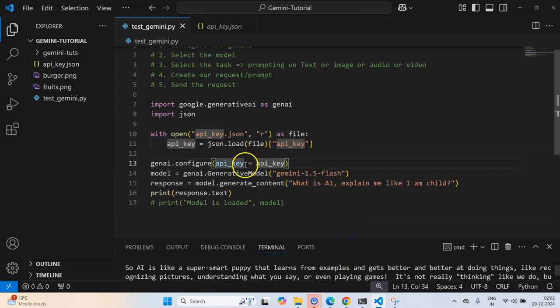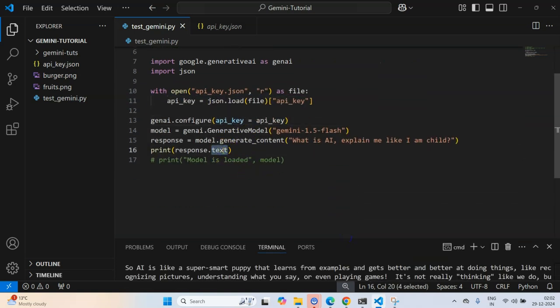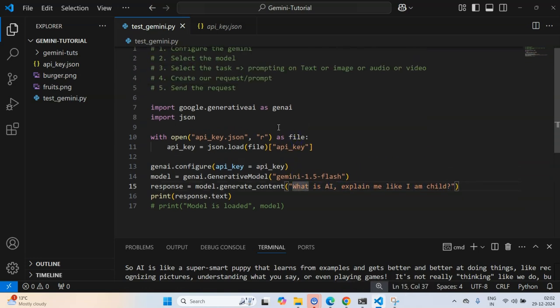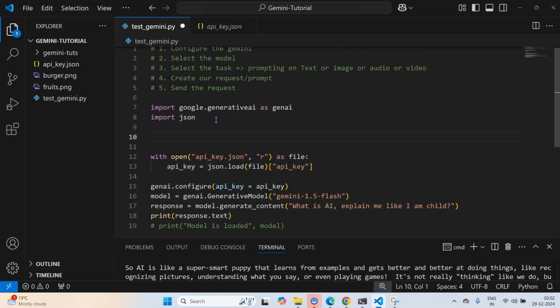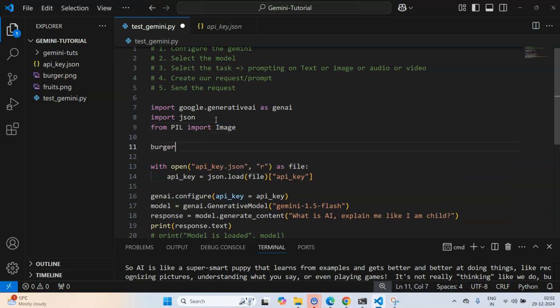Notice here, the response will always be a text response. It is just that within our request, instead of text, we can pass the image itself. If you recall, we installed a library called Pillow, and that library offers a class called Image, and this Image class has a method called open.